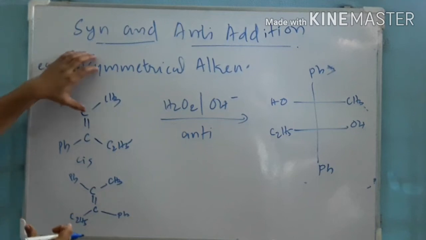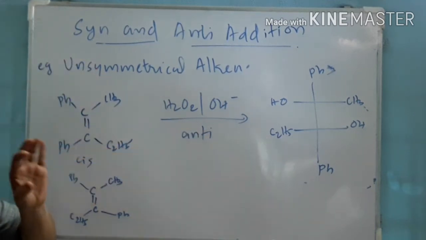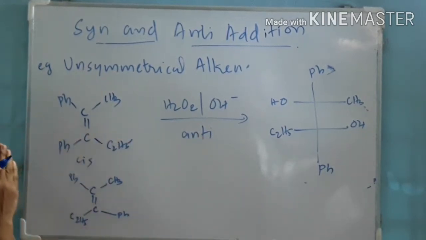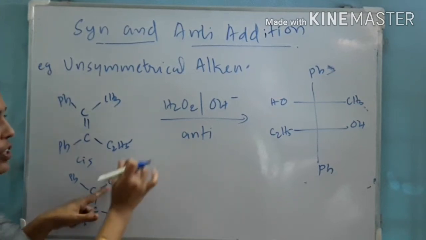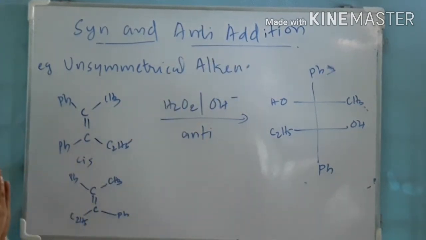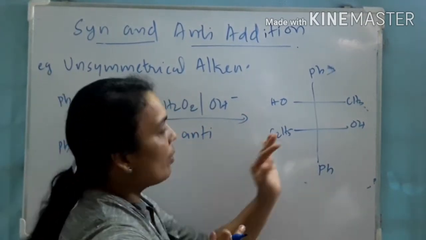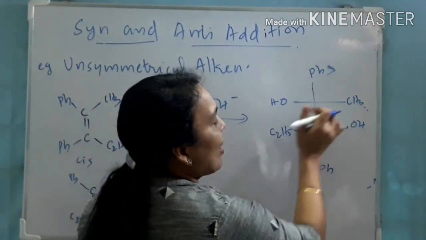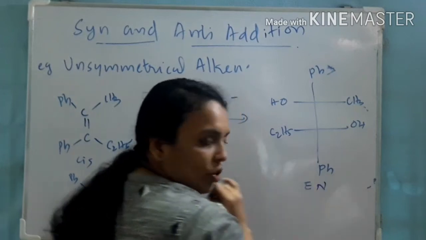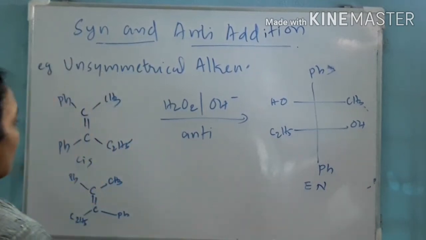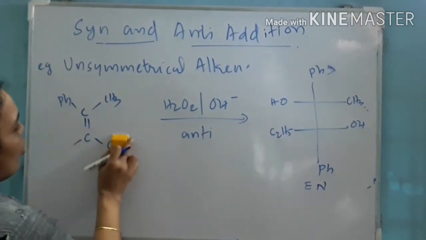So what we can do? Unsymmetrical or symmetrical alkene undergoing anti-addition, first of all, what we want to do? Just convert the cis isomer into trans isomer and draw the Fischer projection. Fischer projection means the group which is present on a side, the same side we represent in the Fischer projection also. Got the point? Okay. Now we have the product of this particular reaction, and what about its nature? Again this is enantiomer. Now let us see the trans isomer undergoing anti-addition.